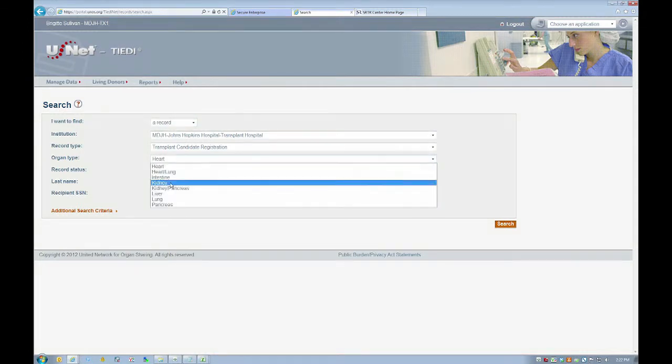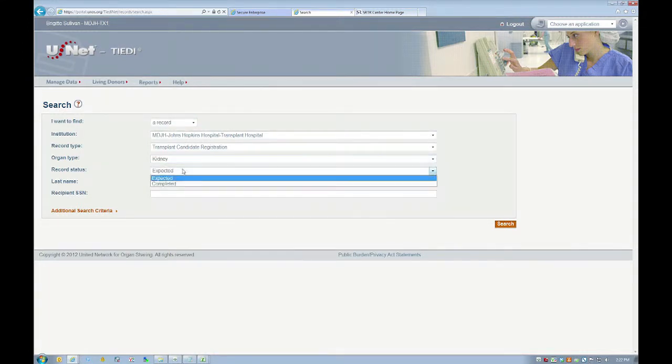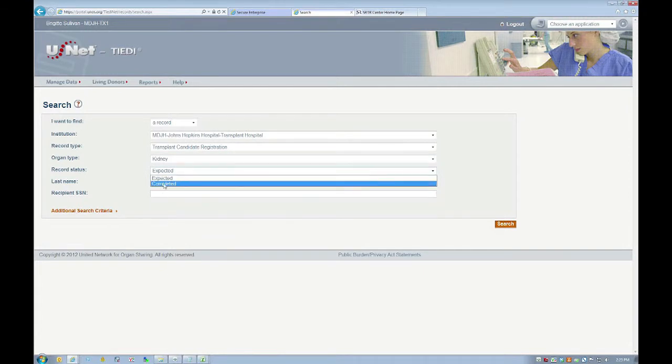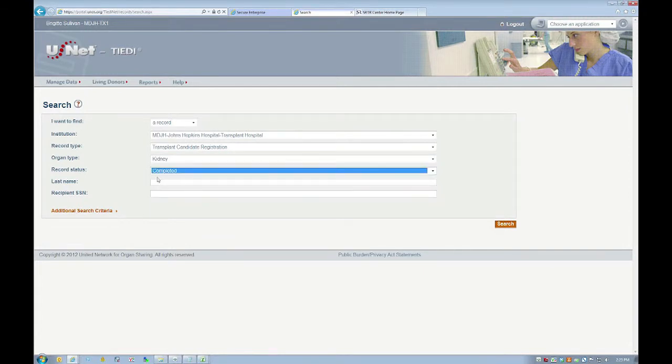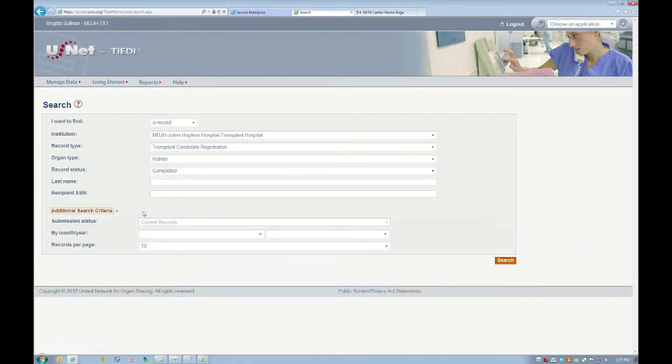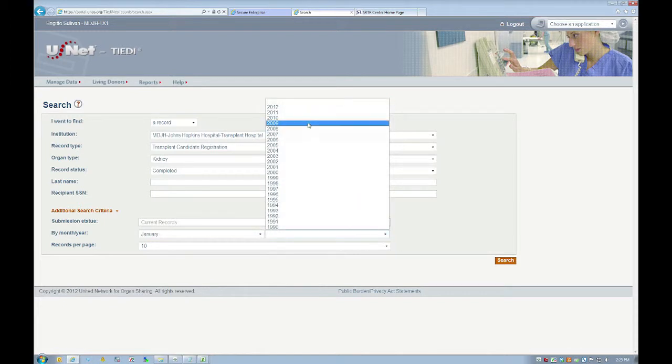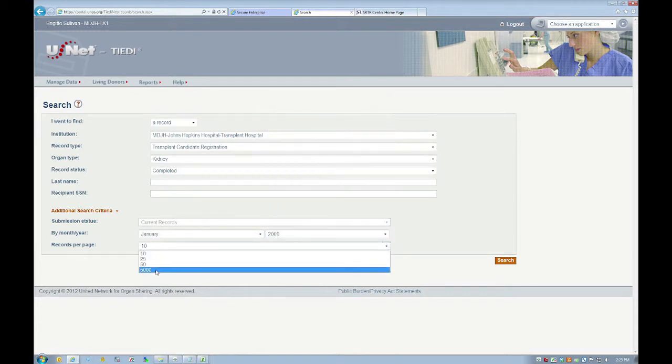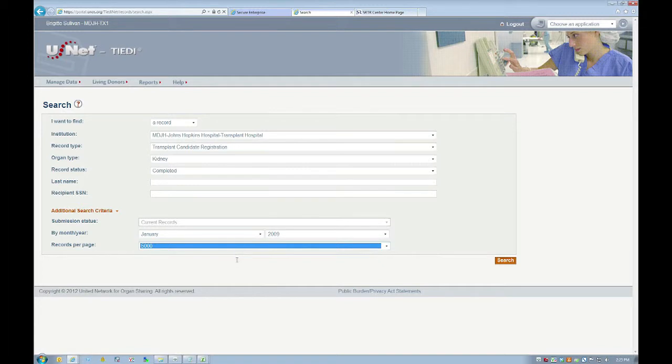I can select the type of organ. In this case, I'm going to select kidney. I can select the type of record. I'm going to select just completed records. And then I can add additional search criteria to look at the month and the year of the cohort that I want to search on. So for July of 2012, I want to look at my 1-year survival. I'm going to look at patients that were transplanted between January 2009 and June 2011. And so I can put here January 2009. I can tell it to print 5,000 records a page so I can see everything,